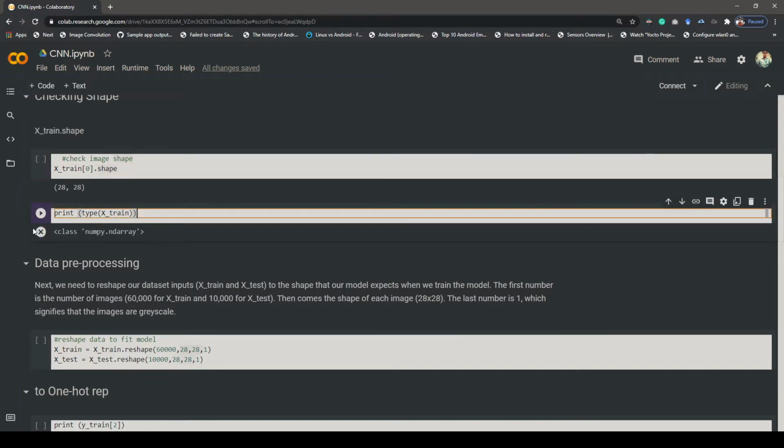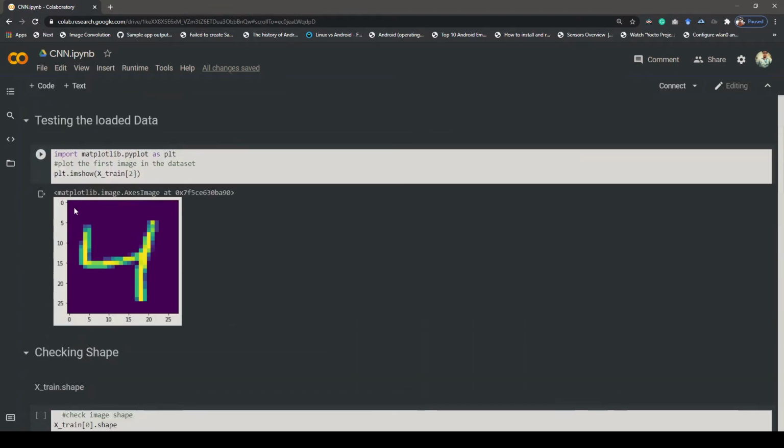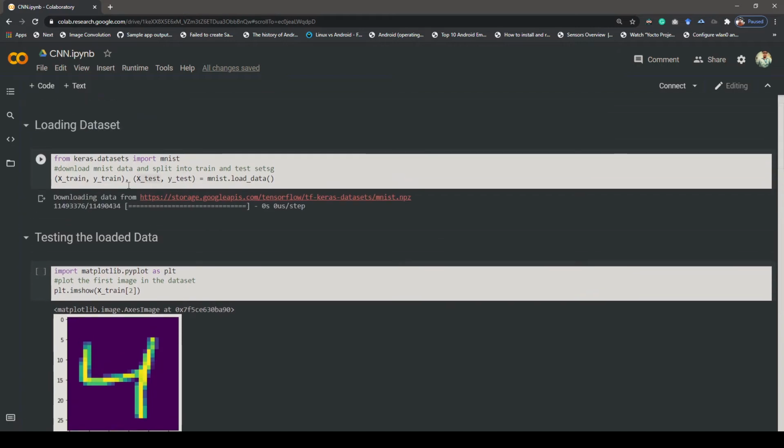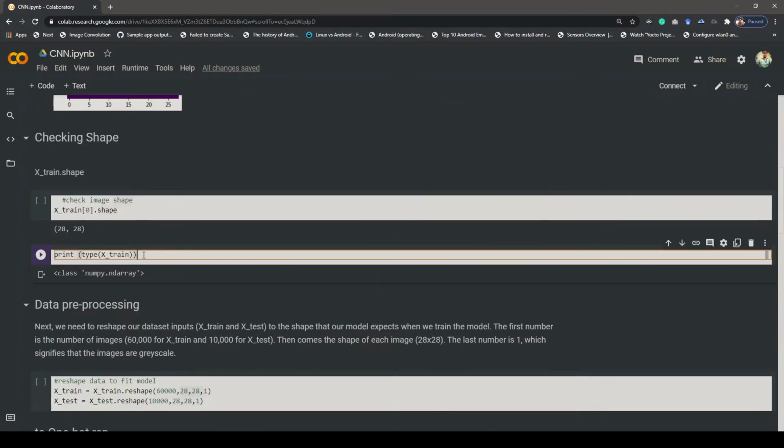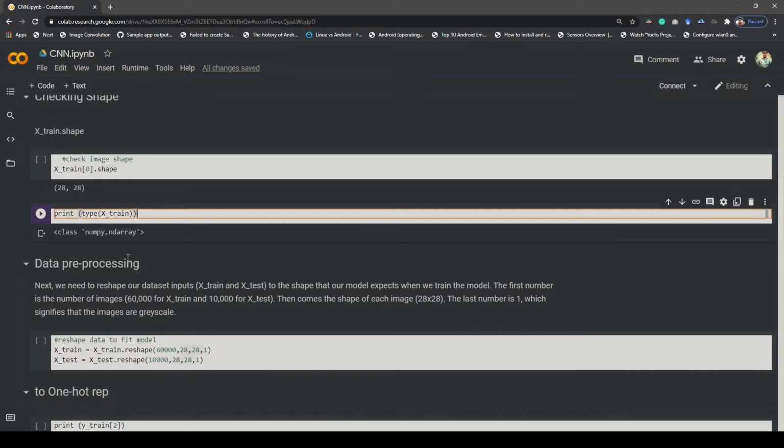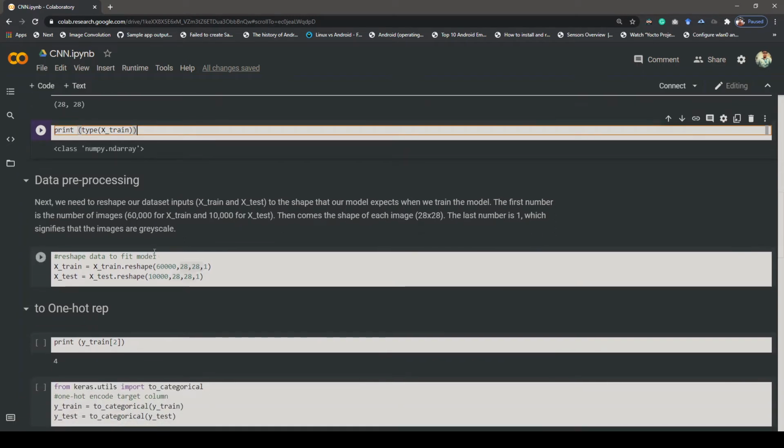As I told you that these are NumPy arrays, that is being confirmed in this statement. type is a function in Python in which if you pass a variable, it's going to return the type of that variable. So it's telling you that it's a NumPy array. Okay, and now I'm